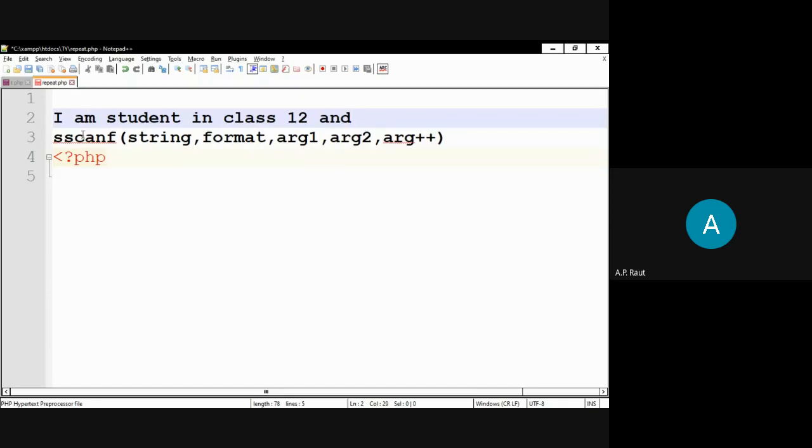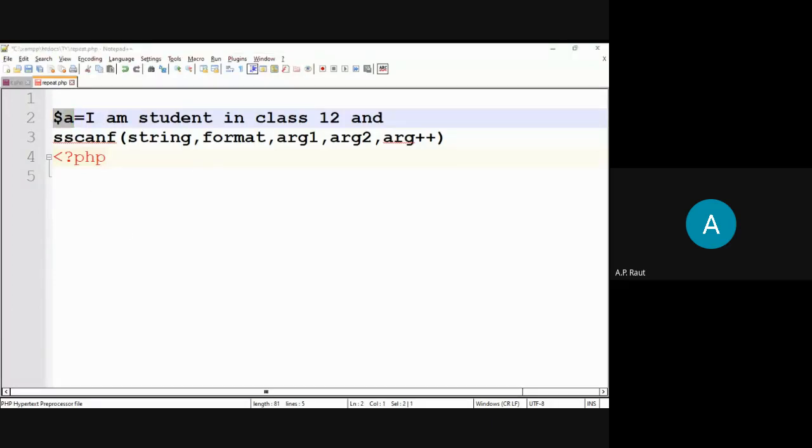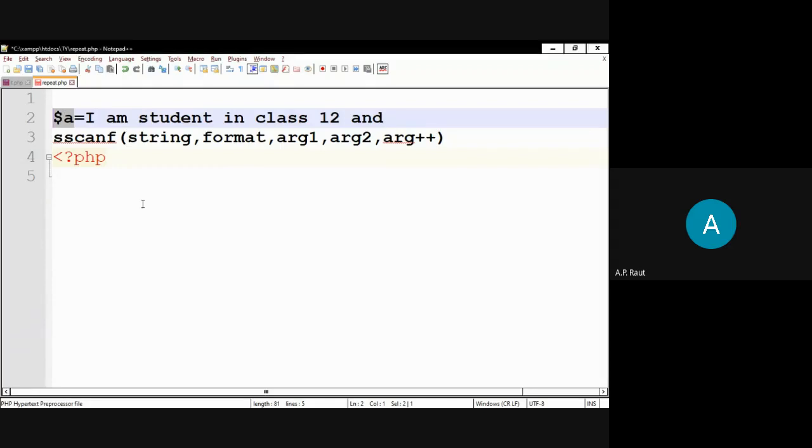When using the scanf function, you can write here $a as a string name. So this overall string will be stored into the variable $a. So the scanf function splits a string or parses a string into variables.